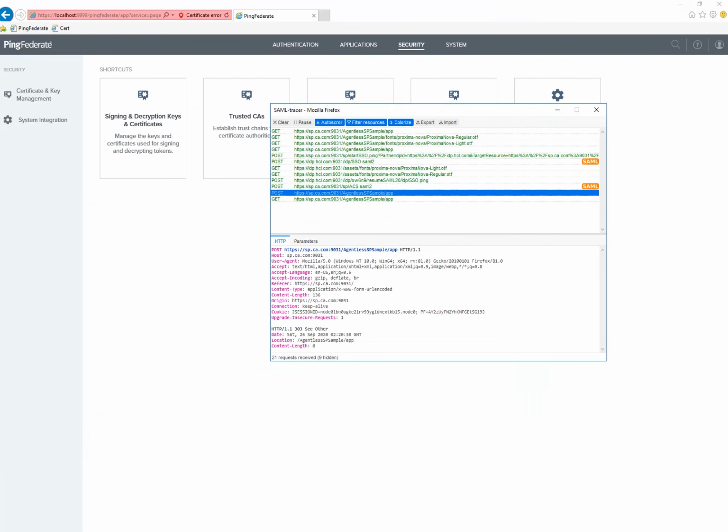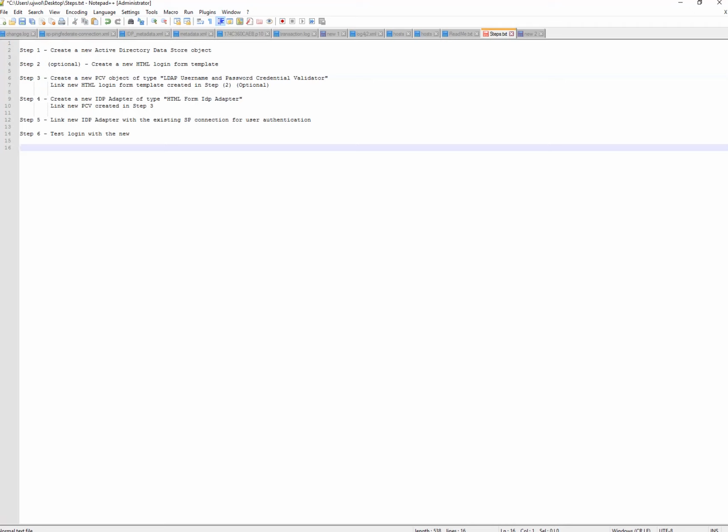I have the high-level steps that we will need to follow to integrate Active Directory with PingFederate and utilize it for authentication. I have noted them down here. The first step is that we'll create an Active Directory user store object in PingFederate on the IDP side. And there is an optional step: we will duplicate an existing HTML login form template so that we can distinguish